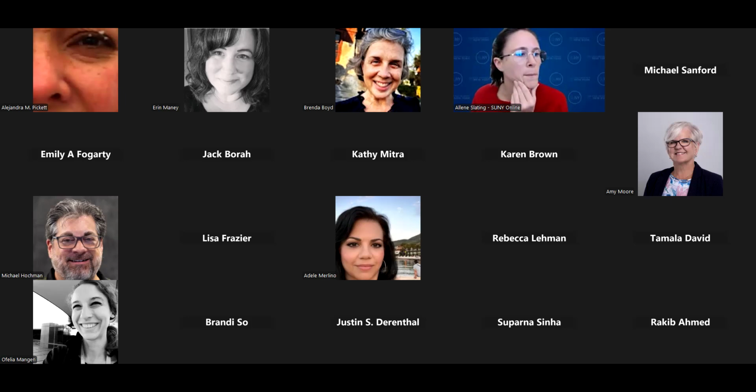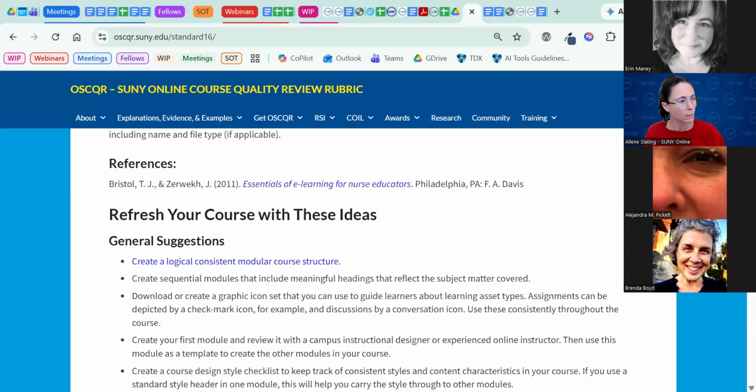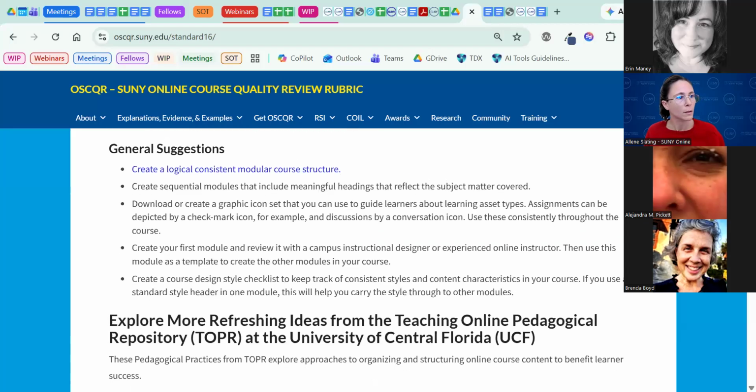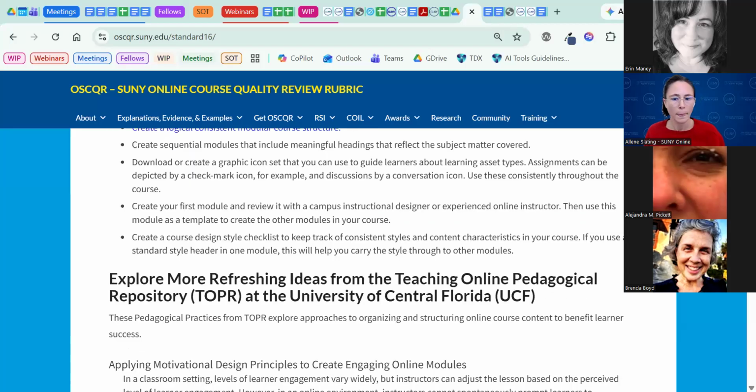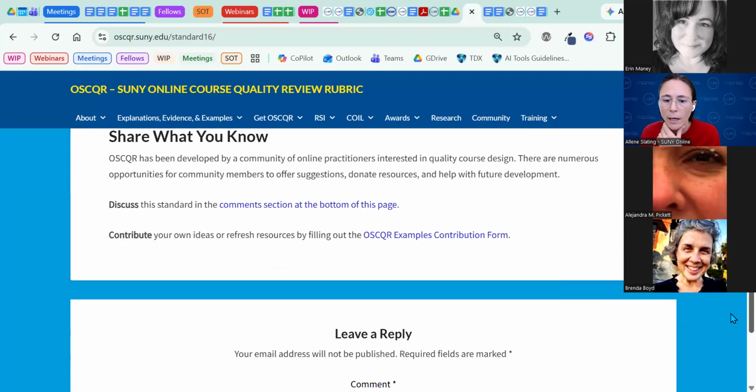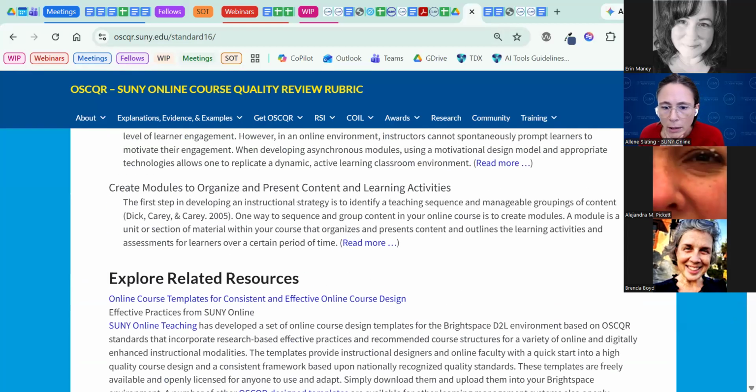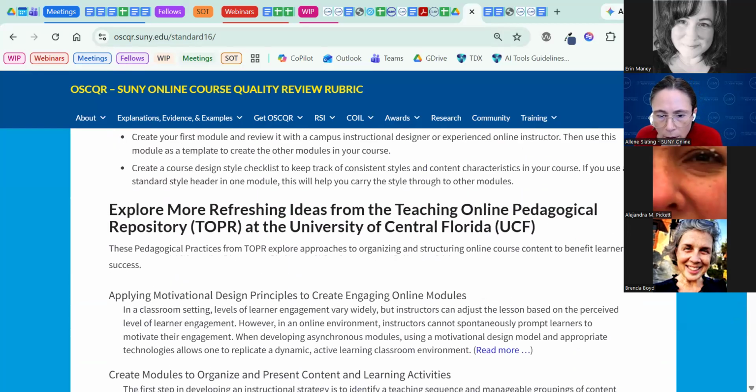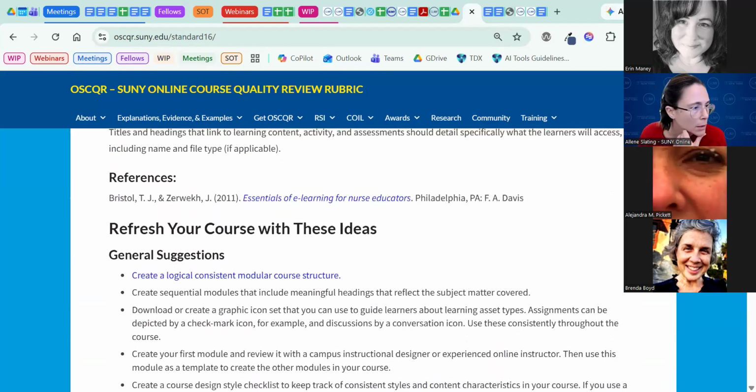If you open up standard 16 and scroll to where the research section is, do you see a paper by Karen Swan and me and Peter, I think it is? I think Erin's showing her screen. My screen is frozen, so I can't get to wherever you guys are.